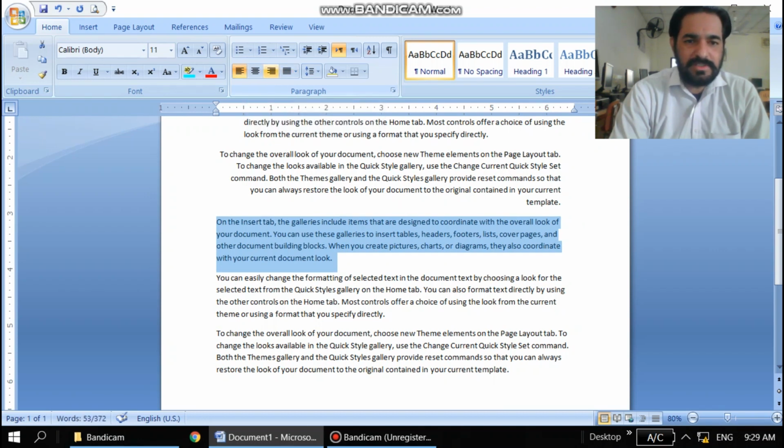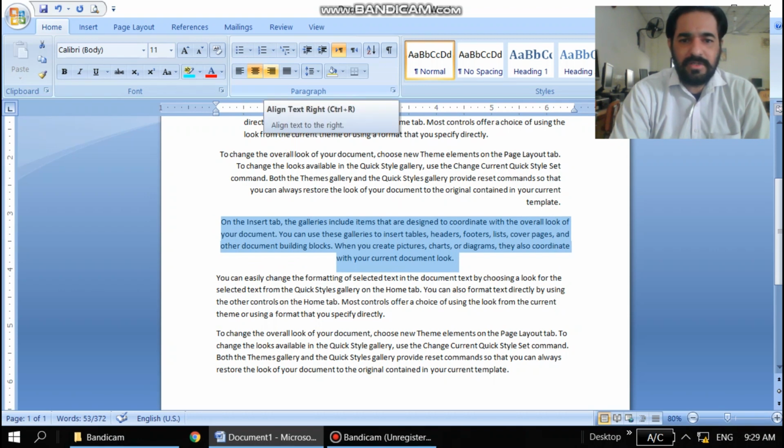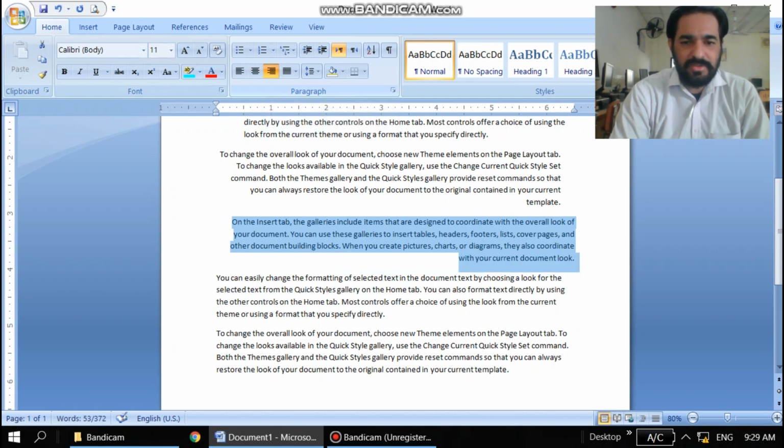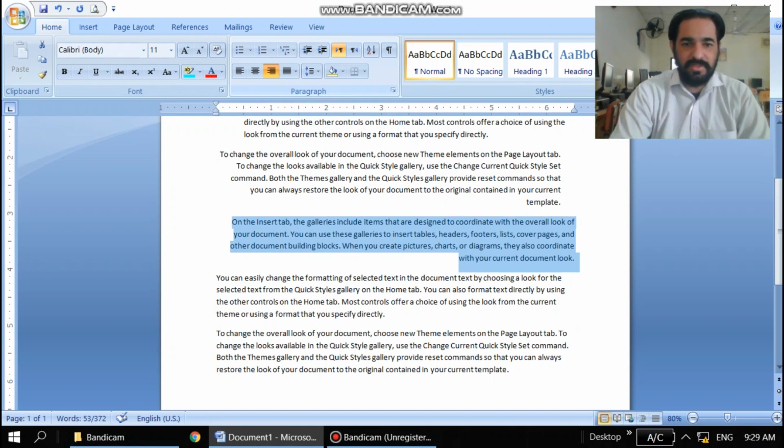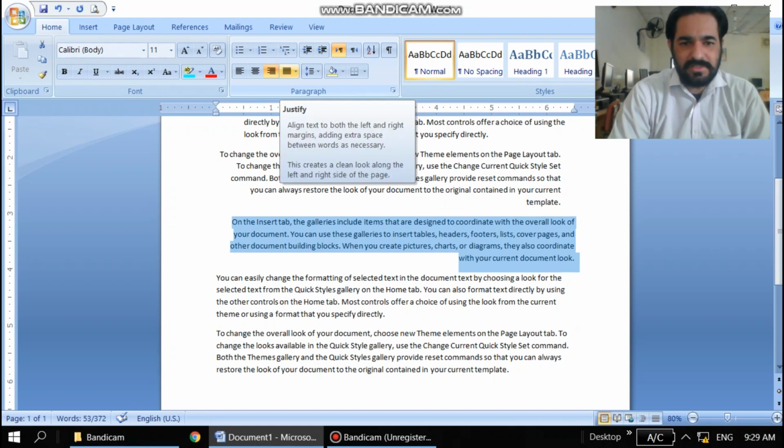Definitely all these three, four types belong to alignment. So this is another alignment option. This is called center and this is your right alignment. So your text will be aligned at the right side or left side or middle. This is justification.